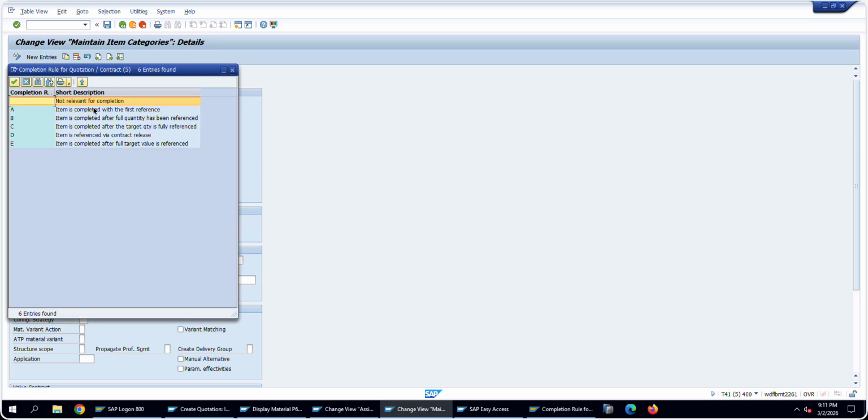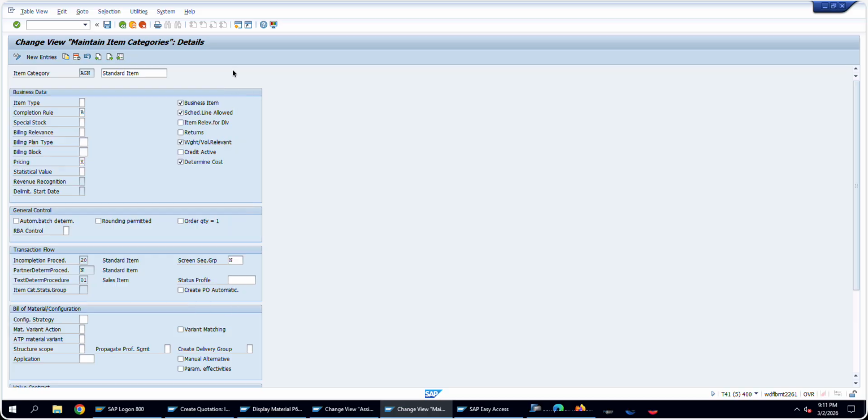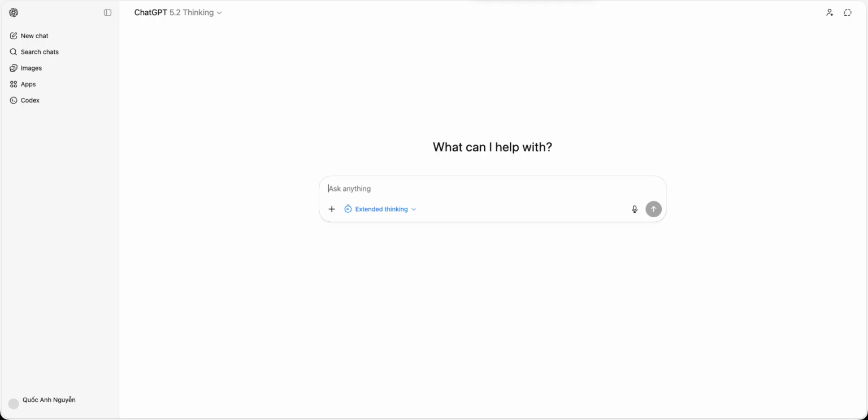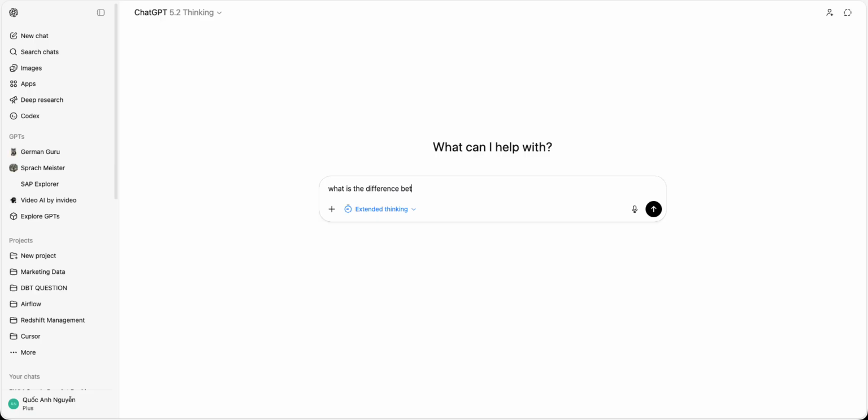I'm not sure what the completion rule for quotation is. Maybe something different. Let's ask our friend ChatGPT regarding that. What is the difference between the completion rule in item category